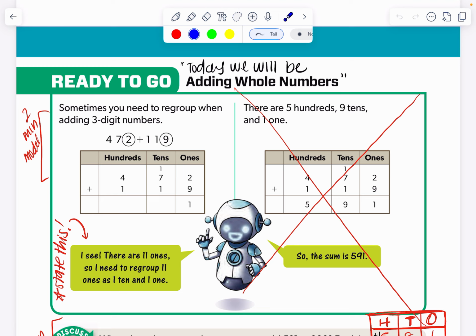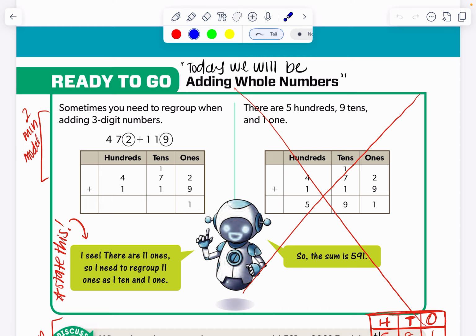And so in adding 472 and 119, students will have to remember that they always want to start out at their smallest place value, which is the ones place. And so in lining up these digits by place value, in the ones place, we have 2 plus 9, which gives us 11. However, we do know that we cannot have more than 9 ones, or we cannot have a value that is larger than 9 in any given place value. And so we would have to regroup 10 of those